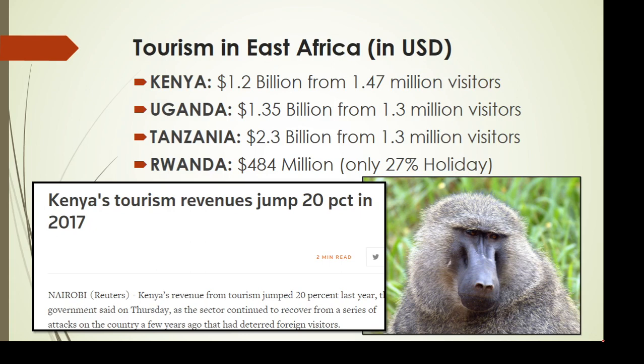Let me give you an idea of how big tourism is in East Africa, and all these numbers are in U.S. dollars. That's what USD means here. None of these numbers are exactly accurate because of a couple factors. One, every country measures things a little bit differently. And two, some of the numbers, like Kenya's number, might be from 2018. Uganda's number might be from 2017, that sort of thing.